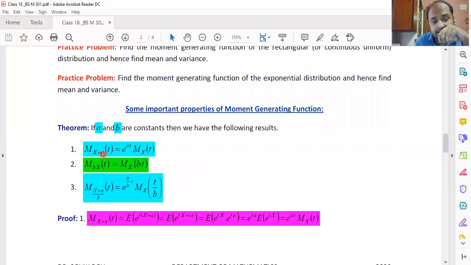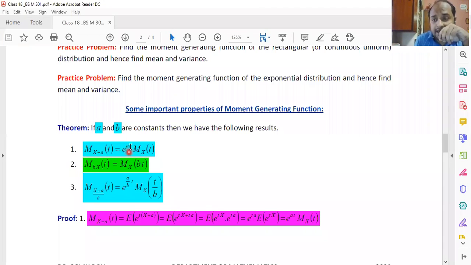M of x plus a of t is equal to e to the power at Mx(t). What does it mean? If I give a linear shift to the variable capital X, or if I change the origin from 0 to a, then the moment generating function of this becomes